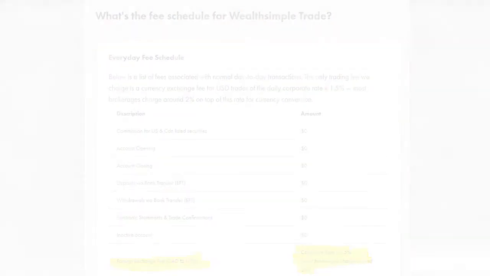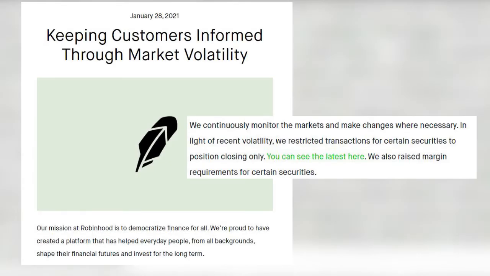Let's first talk about this situation where trades in GameStop were restricted. So the $0 commissions are what made Robinhood attractive in the US and by extension Wealthsimple Trade in Canada. Now recently what's gotten Robinhood the opposite type of attention was its decision to restrict trading in certain stocks, namely GameStop and AMC, and to only allow positions in these stocks to be closed, meaning you could only sell your shares of these restricted stocks, you couldn't buy any of them. The justification Robinhood gave investors for this decision was that it was necessary out of market volatility.